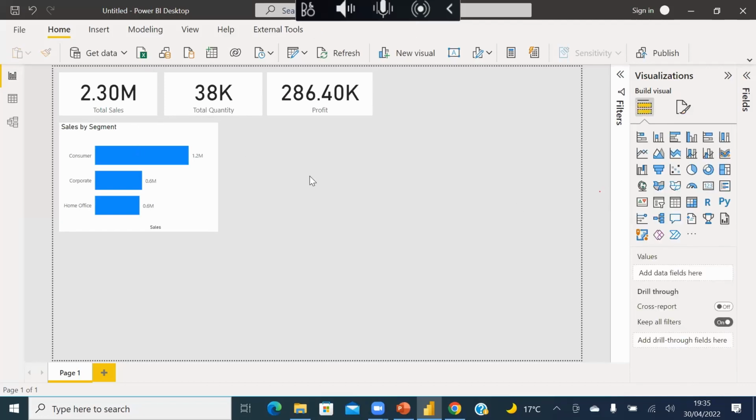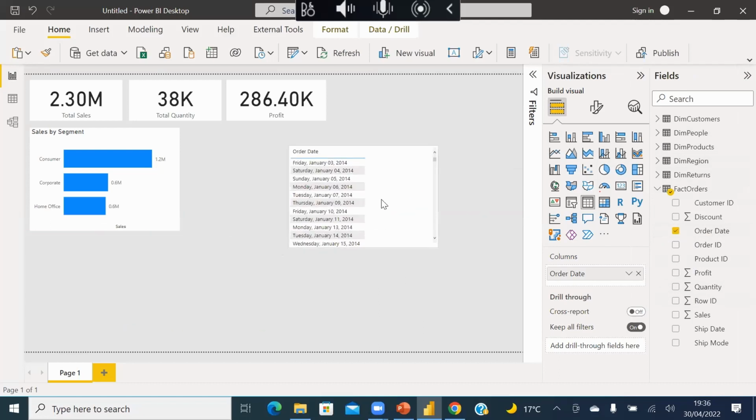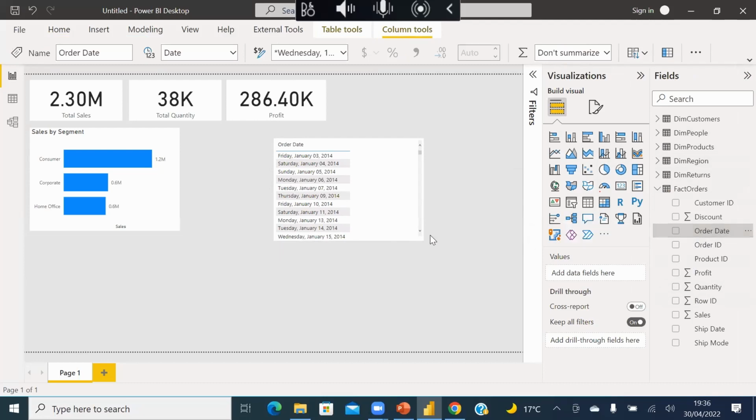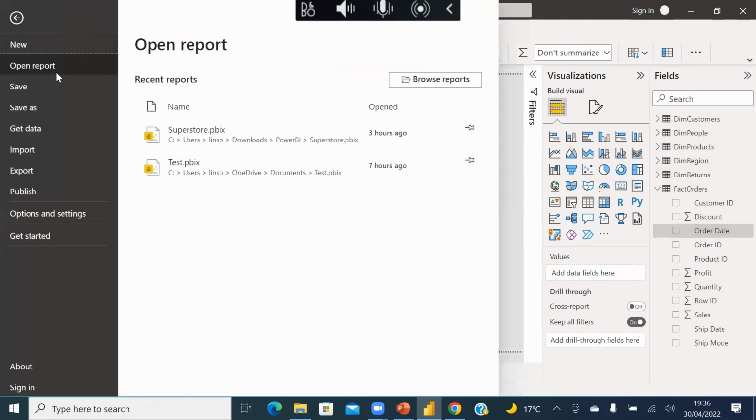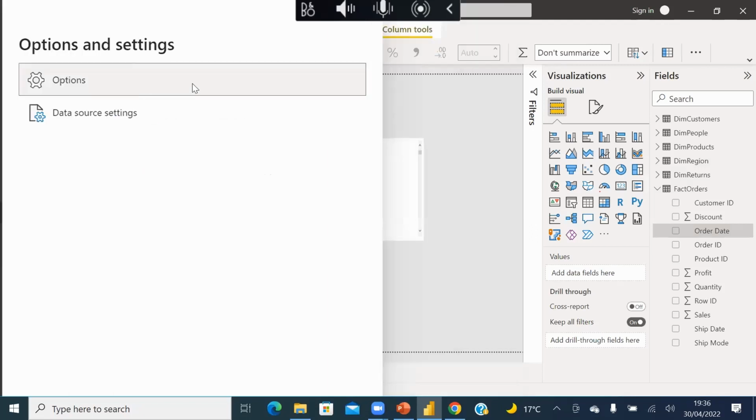Now we have this. What if we want to see the trend of sales over a period of time? The trend of sales over a period of time. We can start somewhere. Let's go here. We have the order date, right? This is what the order date looks like. If for some reason your order date is not showing as order date, or your laptop shows a difference, it is because you have turned off something. Where you can turn it on is you can come to this place, go to set options.